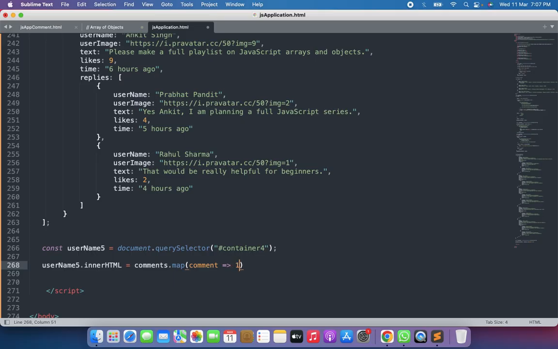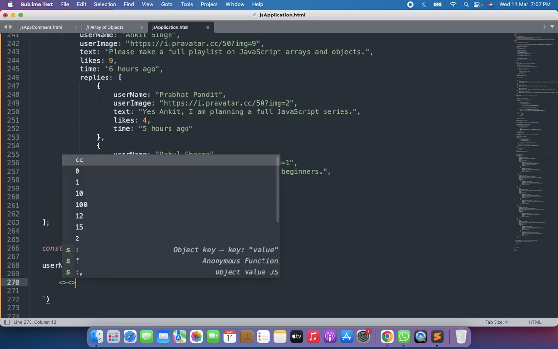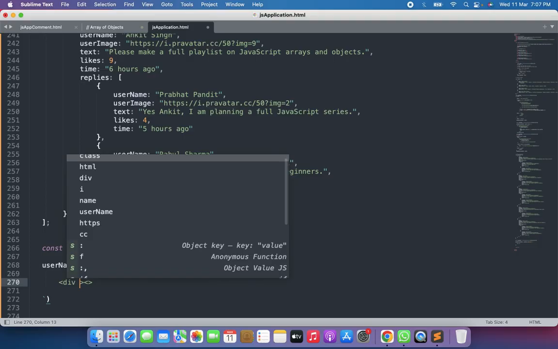I'll use here a backtick, so that I can use the dollar and curly braces to show the variable value. That's why I have used the backtick. So let's open this and create here a couple of div elements. Let's create a div, go a little up,